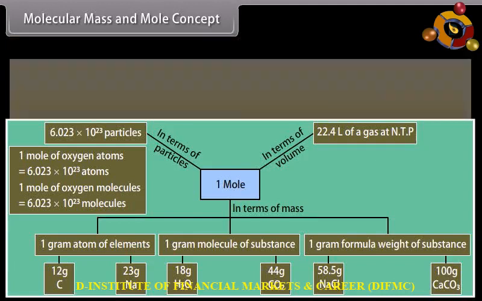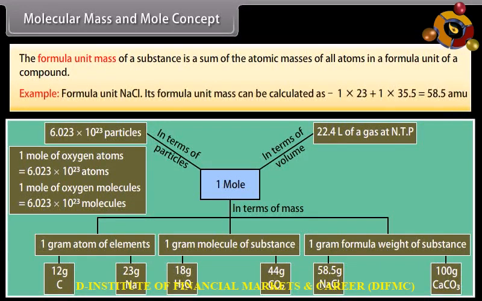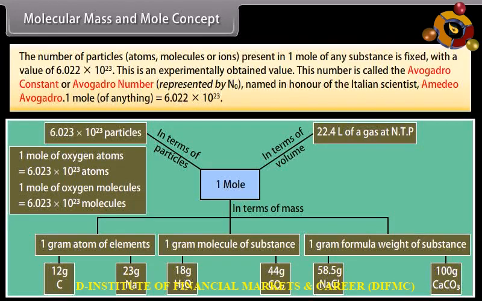The formula unit mass of a substance is the sum of the atomic masses of all atoms in a formula unit of a compound. Example: for the formula unit NaCl, its formula unit mass can be calculated as 1 times 23 plus 1 times 35.5, which equals 58.5 units. The number of particles, atoms, molecules, or ions present in 1 mole of any substance is fixed, with a value of